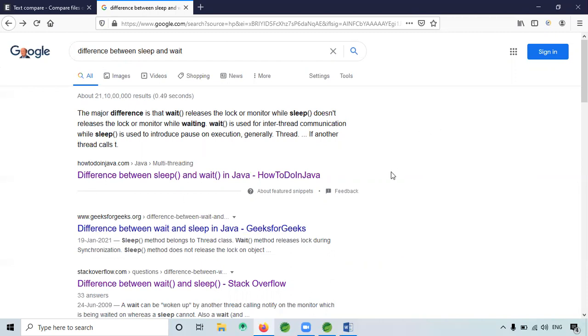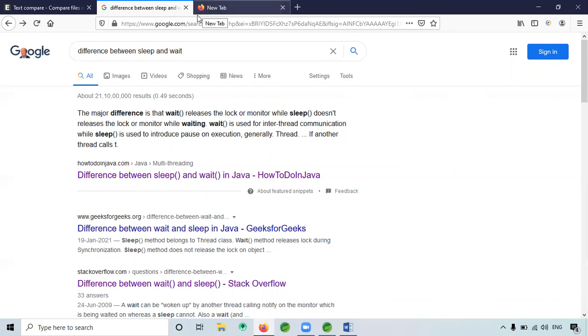But maybe if we have 2000, 3000 lines of code, and in that you are placing thread sleep, thread sleep, thread sleep, I don't think it's a good idea. I think it is written in the first thing: wait can be used if there is inter-thread communication.